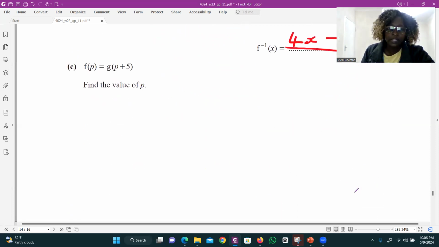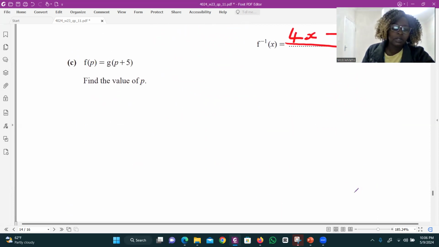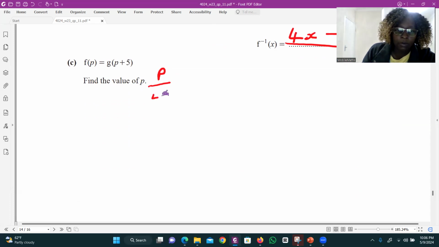Then the next question is saying f of p is equal to g of p plus 5. So how do we rewrite that? We can rewrite it and say f of p, that's now where we have an x, we put a p. So it's now p over 4 plus 3 is equal to